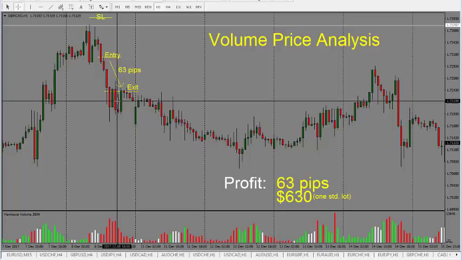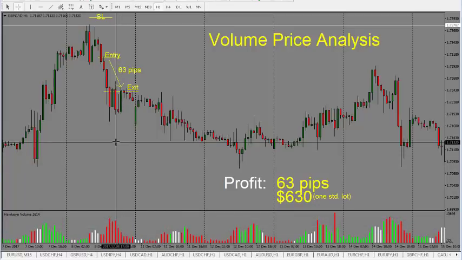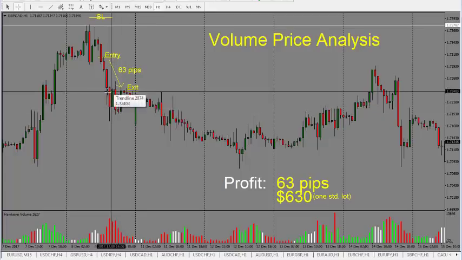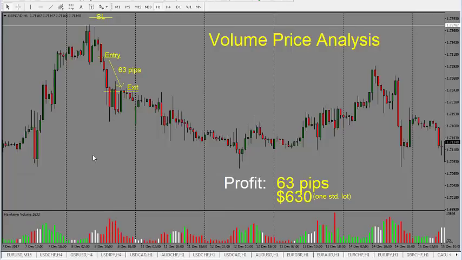Price tries to push down lower, but we are seeing a decline in the red volume. So from price perspective, our price is not going anywhere, and from volume perspective, we're seeing a decline in the red volume, in the selling volume. So in this case, we can, once we see this big